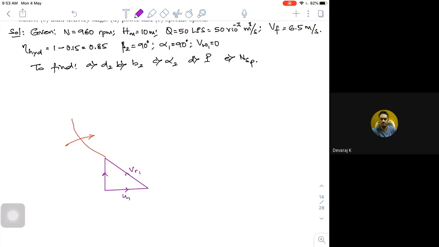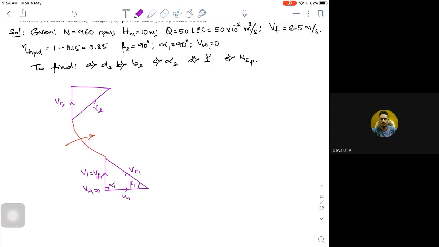VR1, this is my V1, which is equal to Vf1, Vw1 is equal to 0, my alpha 1 and beta 1. So here the fluid is exiting exactly radially. So this will be my beta 2. This is my VR2, where beta 2 is 90 degrees, and this is my V2,